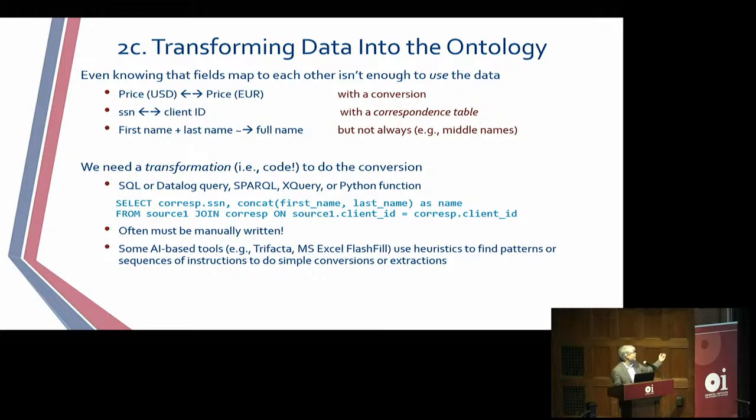Concatenating first and last name will give us a full name, but somewhere else we might have a full name with a middle name. And taking a full name, it's not always possible to uniquely reverse it to first name and last name. So there's a transformation here. 90% of the time, this has to be done by a human. There are some automated tools that can use heuristics to extract simple things, but largely this has to be done